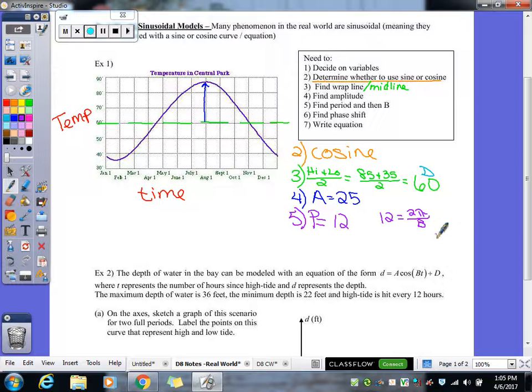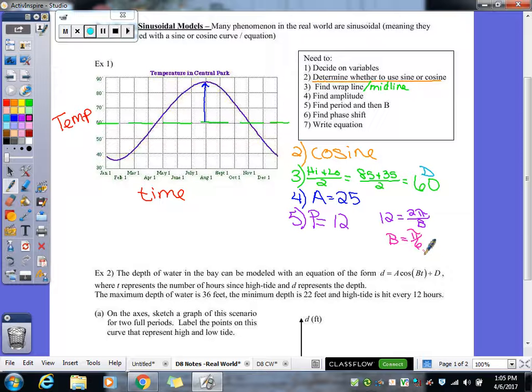Let's find our B value. I'm having you do it on your own. What do we get for our B? Pi over 6. So I now have my A, my B,